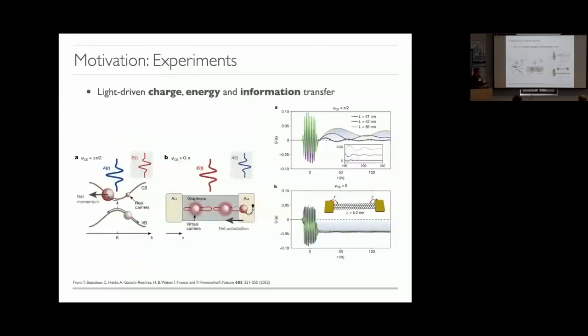And the other one is an experiment that was shown to me by Ignacio Franco in Rochester. These guys have metallic leads coupled to graphene layers. And even without the action of a voltage, of a bias between the leads, they manage to excite electron transport by shining light onto the graphene. So those are very interesting effects for which non-Markovian effects are at play, okay?